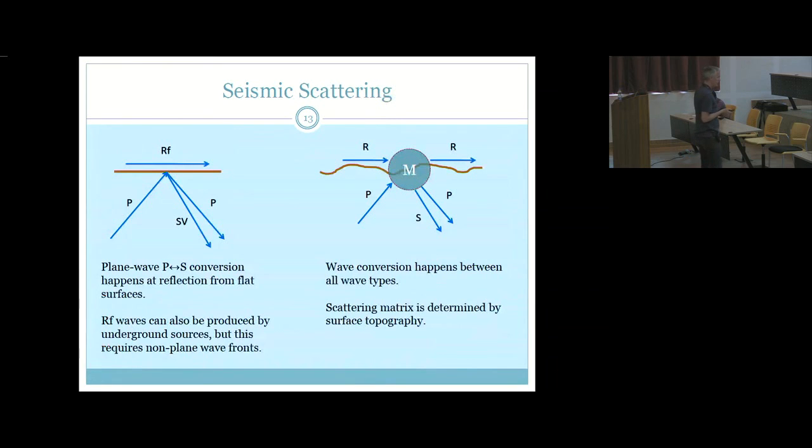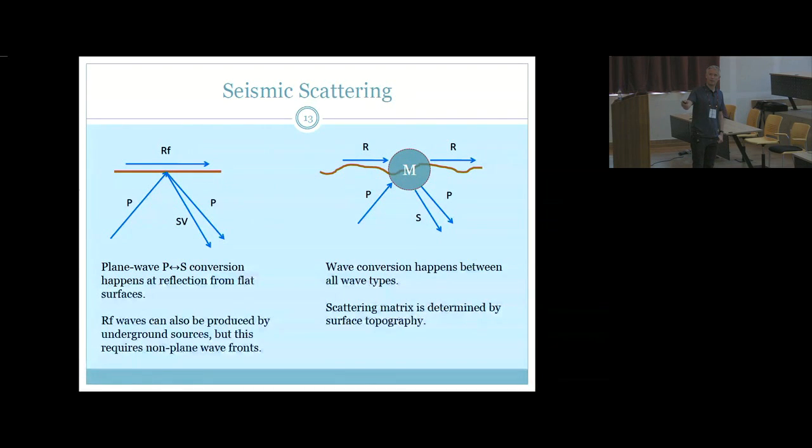Now, another aspect of site selection, as I already mentioned, is seismic scattering. If we are talking about the ideal site from the science perspective, and we don't worry about money, then it would be an underground site with a flat surface. Even with a flat surface, there's some scattering going on of seismic waves. For example, an incident compressional wave, which is the longitudinal seismic wave, would be partially converted into shear waves to fulfill some stress boundary conditions.